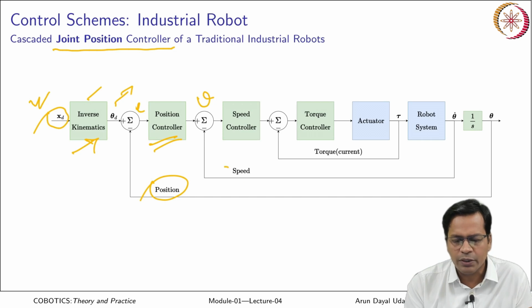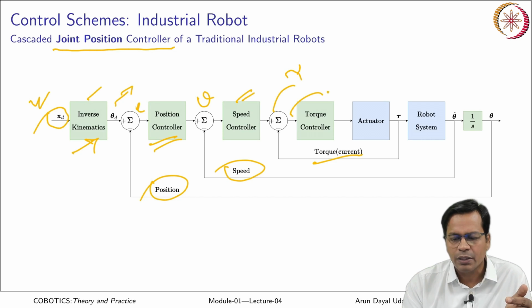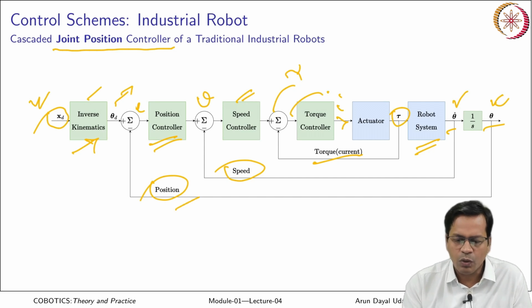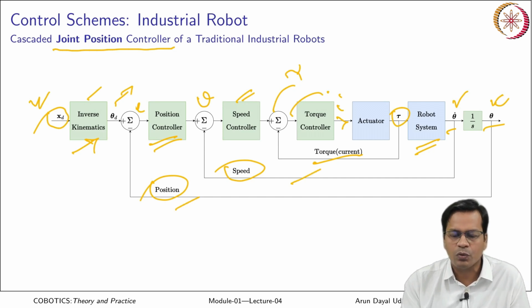That velocity is compared with the actual velocity. This is the speed controller. This generates a reference torque here. This torque and the actual torque is compared and the error in torque is calculated. That finally sends the current to the actuator. Okay, and finally the actuator provides the torque and that goes to the robot system. At the output of the robot, you have a velocity sensor, joint velocity sensor and the joint angle sensor. So the velocity may be derived out of the joint angle only. So these two are the feedback lines. So this is how this whole closed loop is working.